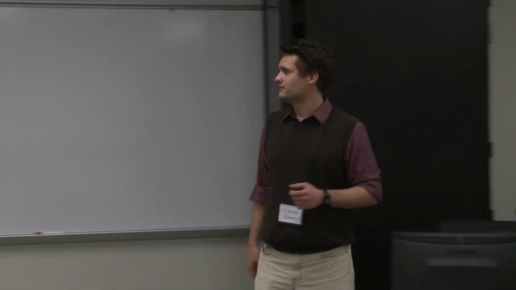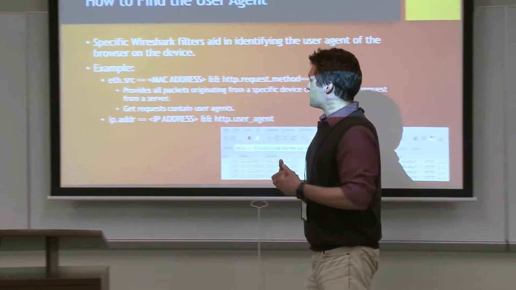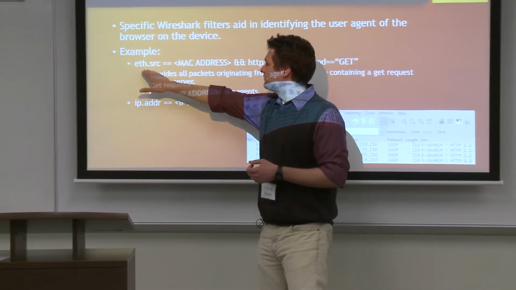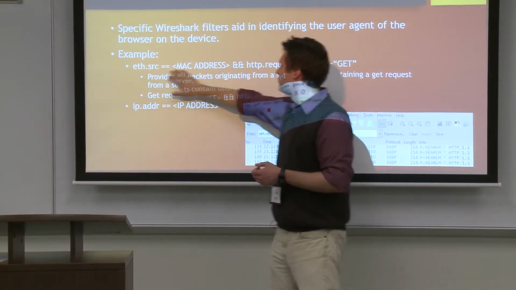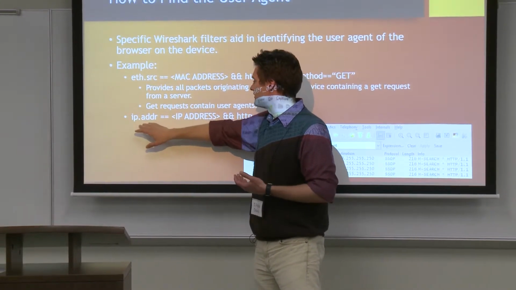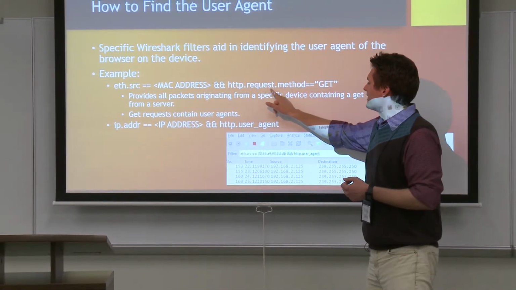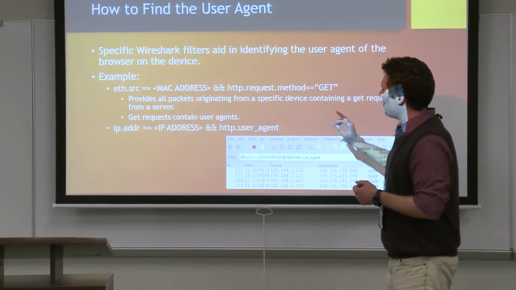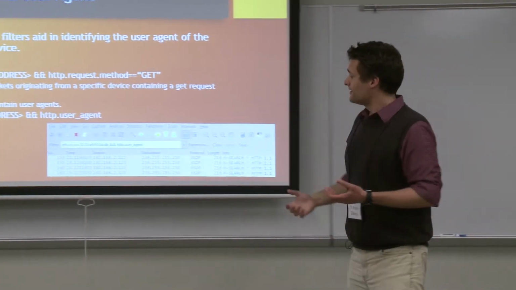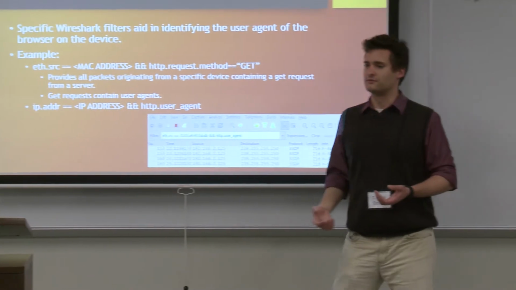How do we find the user agent? Well, there's a filter for it, believe it or not. Similar to other filters we've had, we then add on, instead of ARP, we have ethernet.source, should be familiar, or .addr would also work, and down here I have an IP.addr for IP address, equals this, and http.request.method equals get, or http.user_agent. What this does is provide, again, a series of packets that will provide you with the user agent information,